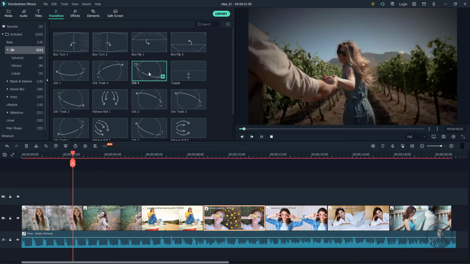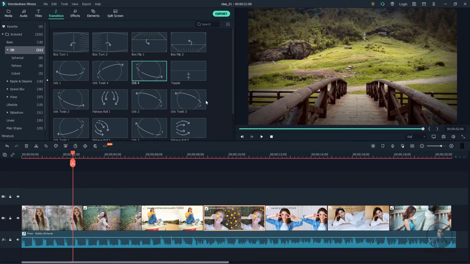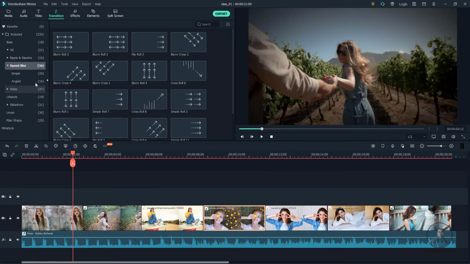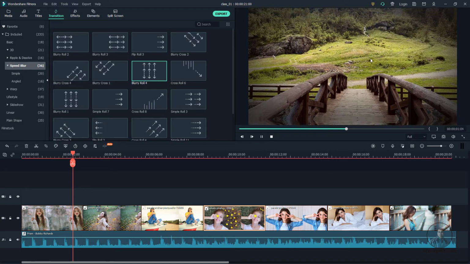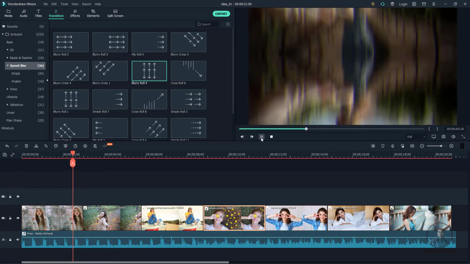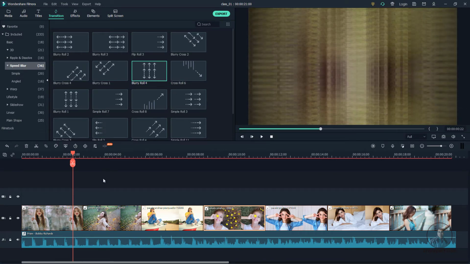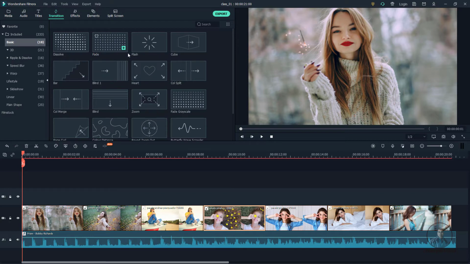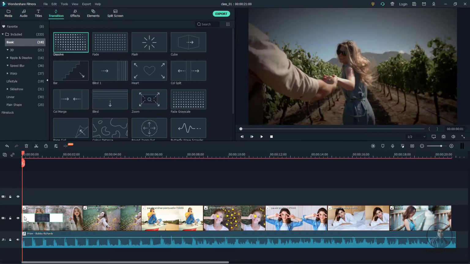Whatever media, just double click, and you can simply check your preview. Any transition you can check here to see how it will look. After this, if you want, you can select it and drag and drop in between the media, and it will apply on both media. You can also drag and drop at the starting of the media, select the basic fade or dissolve, and drag and drop it here.